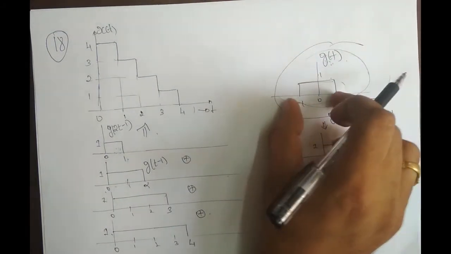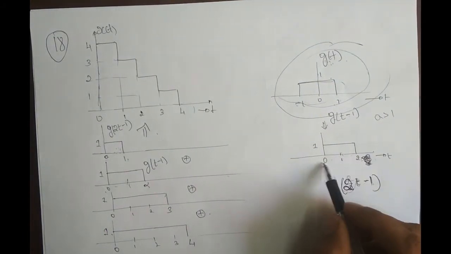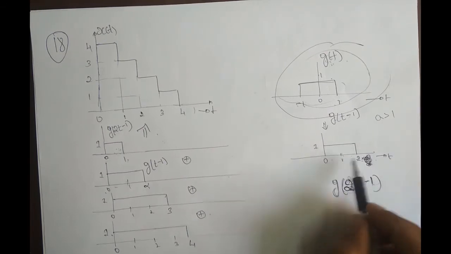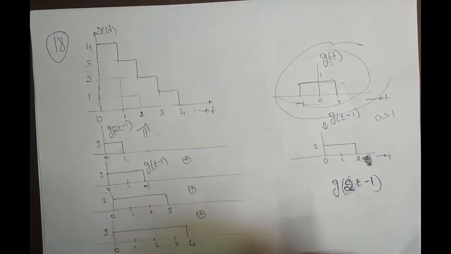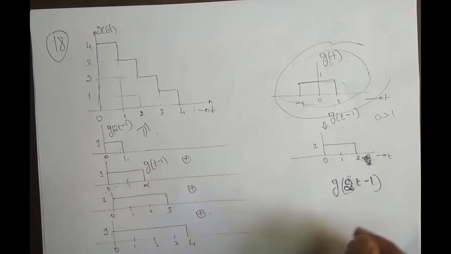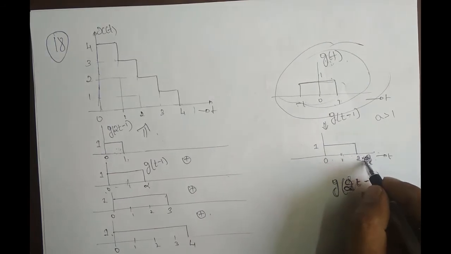So again, first you shift it right one time. When you shift it right one time, what do you get? You get a signal from 0 to 2. Example is 1. Now I don't want this to be in 2. I want this to be in 3. This should go to 3. It has to expand. So what do I need to do so that this goes to 3?